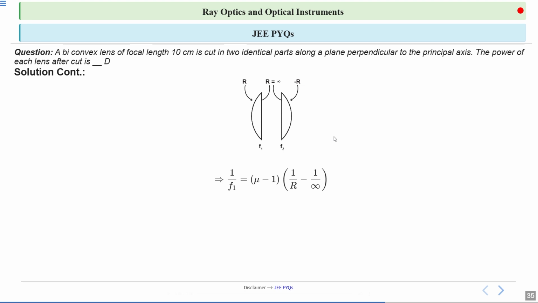Okay, so this is the formula for focal length for the first plano-convex lens. And from this, we find f1 equals r upon (1/infinity − ...). So 1 upon infinity will become 0, and f1 equals r upon mu minus 1. This expression gives us the focal length of one half of the lens. Mark it as second equation.